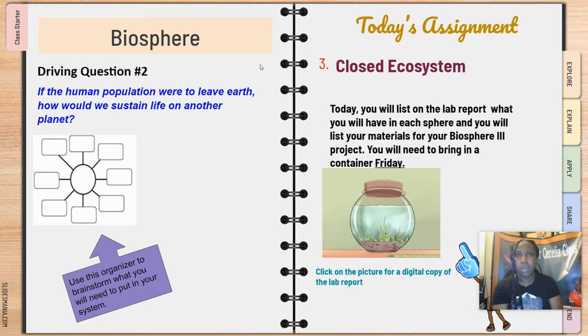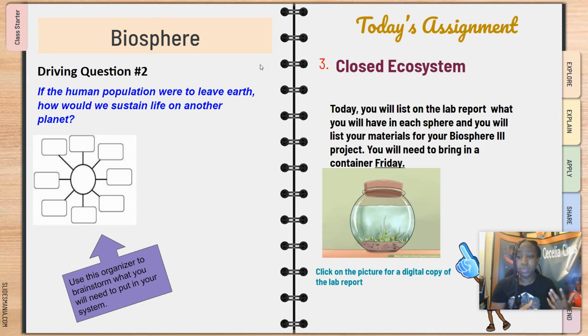Some of you were thinking like, hey, I'm going to put a lizard in my jar. Okay, you can do that. But keep in mind, you have to have the things in that ecosystem to support that lizard, such as food, plants. So if lizards eat bugs, you have to put bugs inside of that ecosystem before you close it to make sure that it's able to support and sustain life. Now, you cannot just put a lizard in a jar without plants, without a water source, without a food supply for it. So again, that is the whole purpose of your research, okay?